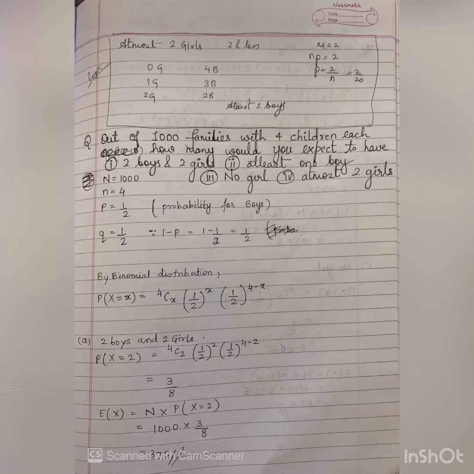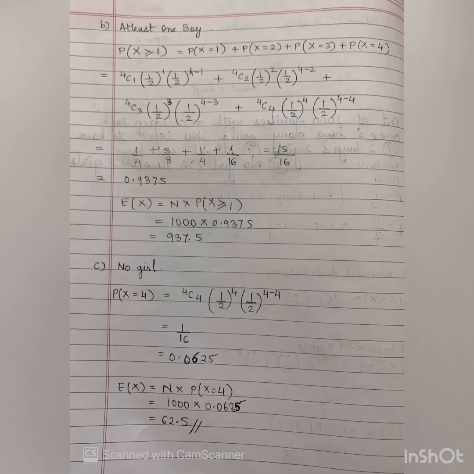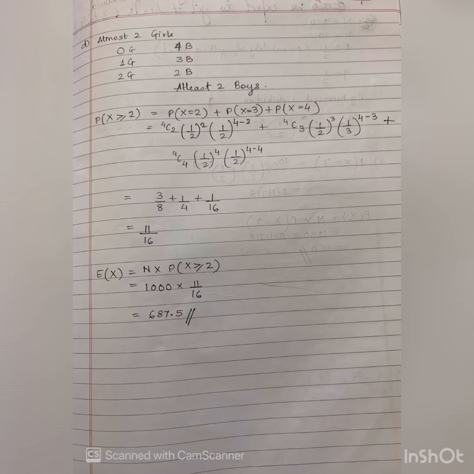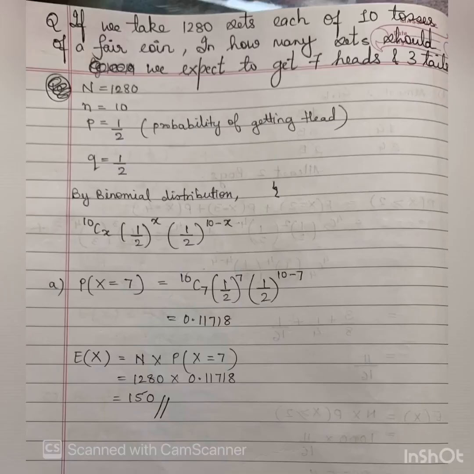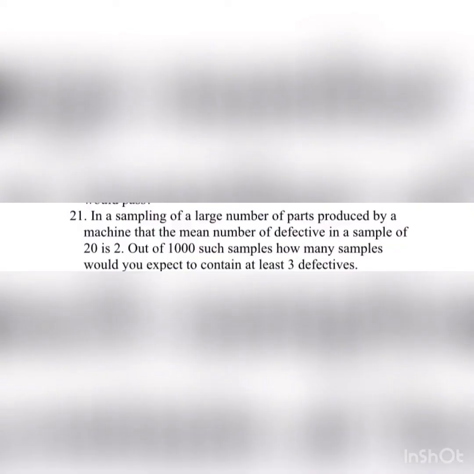Always remember, when there is a sum of boy, girl, head, tail, the probability, that is the P part, is always you fix either for boy or for girl. So your probability of P will be half, girl will be also half. Similarly it is applicable for head and tail. So as you can see in this sum, your capital N is 1280. Your small n is 10. You are going to fix P for head, so that will be half. Q will be half. All the sums we are calculating expectations.